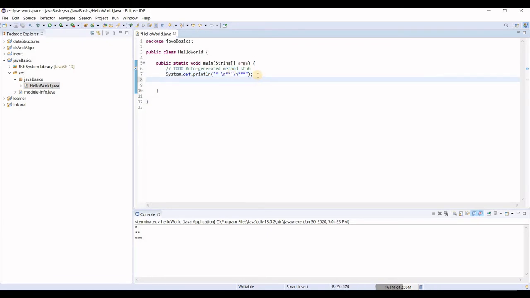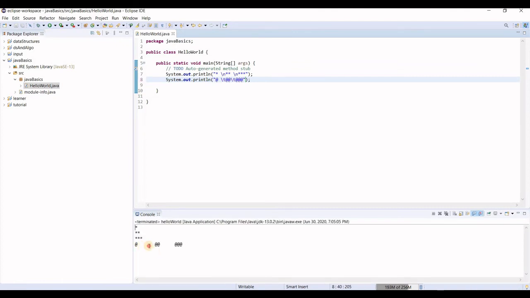Similarly, we have the \t special character, sys out, and we print star, say @ this time, \t @t @, and let's have a look at the output. What has it done?